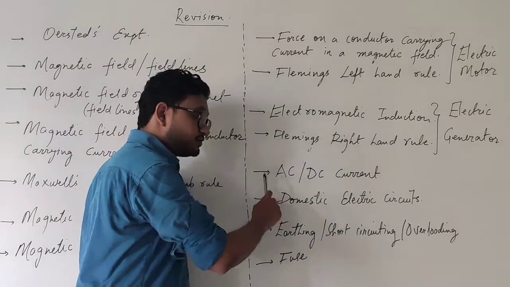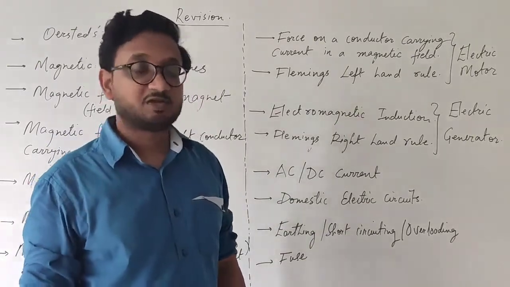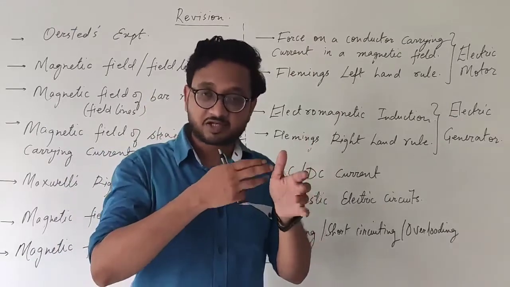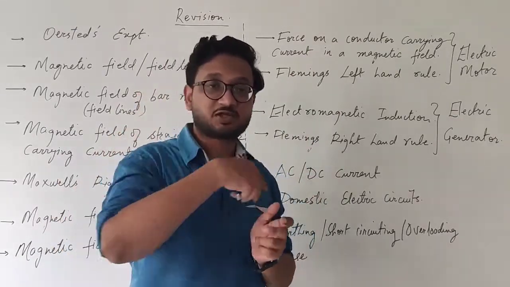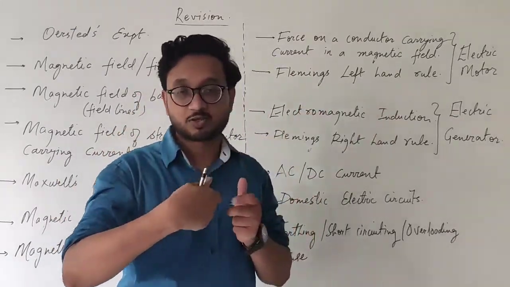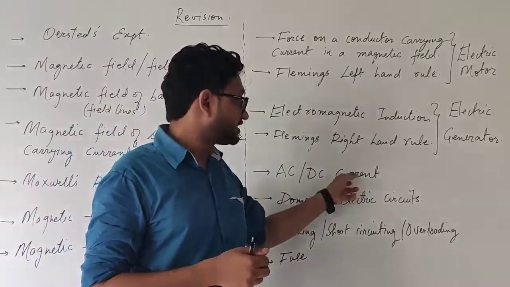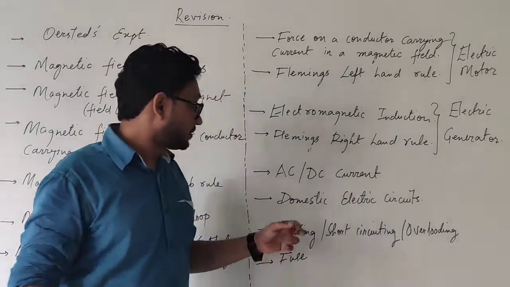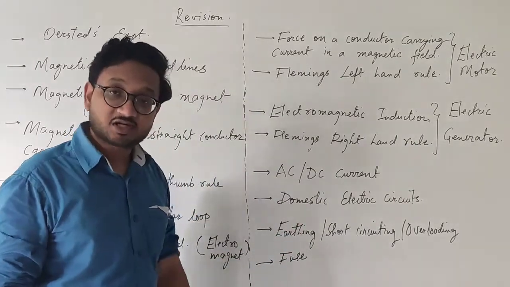And the current that we are using is AC current. It changes the direction continuously, sometimes in this direction in a circuit and sometimes in this direction in the circuit. So it goes this way and comes back this way. It is exact opposite of the direct current once again. Okay, I hope it is clear to you, students. Domestic circuits, and which gives us rise.